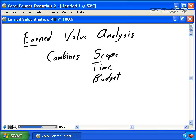In this nugget, we'll explore earned value analysis. Earned value analysis is probably one of the most powerful, important tools you have in your project manager's toolkit. Unfortunately, earned value analysis is probably one of the most misunderstood and least used tools in the project manager's toolkit. The value of earned value management is it combines scope, time, and budget together to give you a picture of